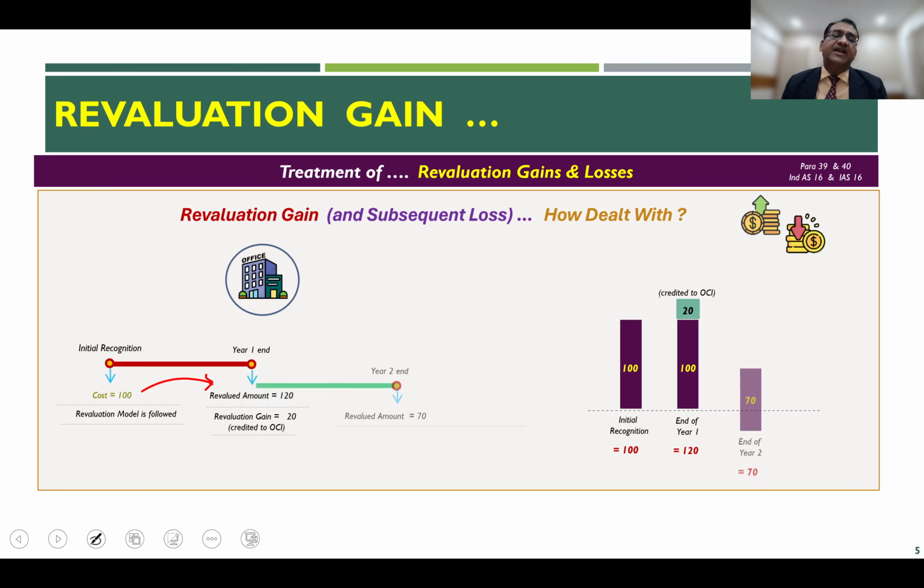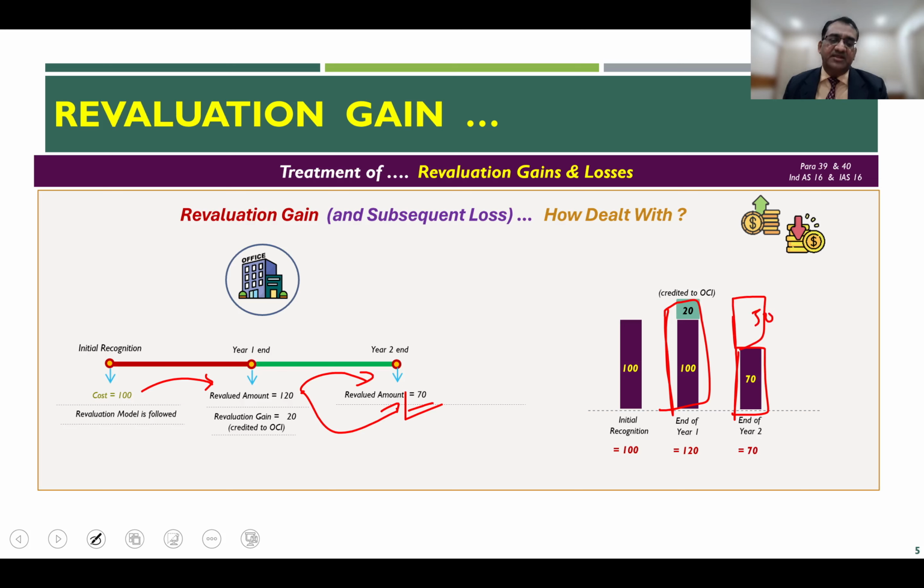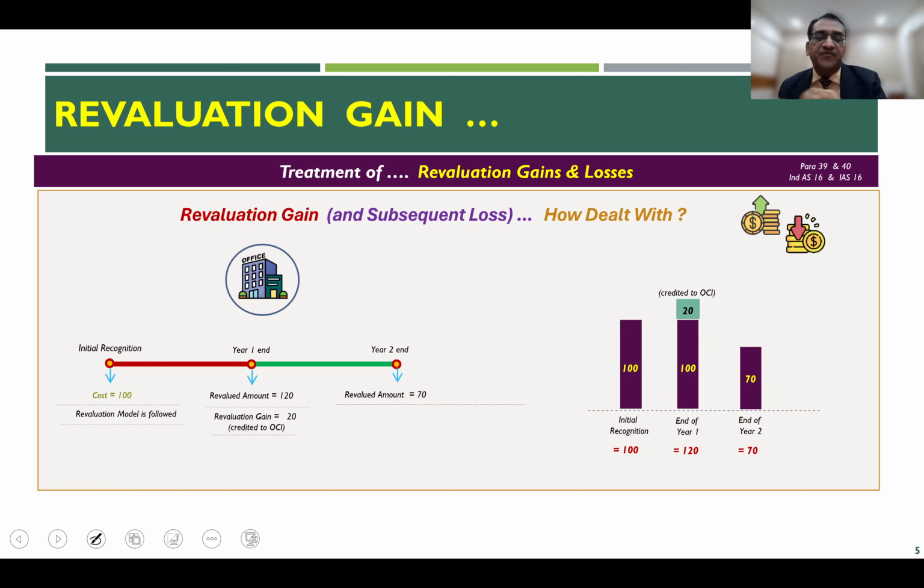Let's say at the end of year number 2, you again do the revaluation, and this revaluation now tells you that the revalued amount of the asset at the end of year number 2 has gone down from 120 to 70. Which means there is a revaluation loss of 50 rupees. That's what this chart will tell you. Now, what do paragraphs 39 and 40 tell you? That this entire 50 rupees